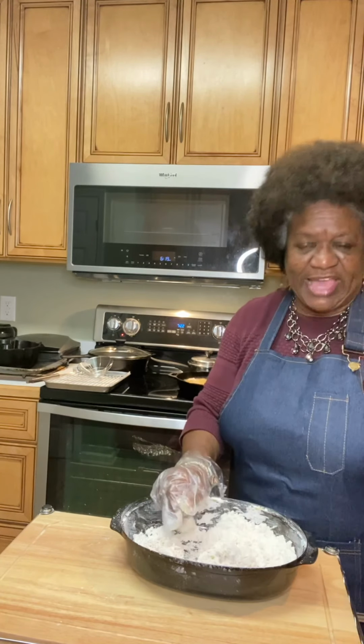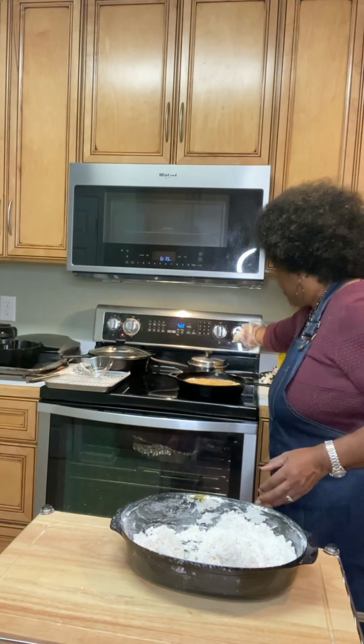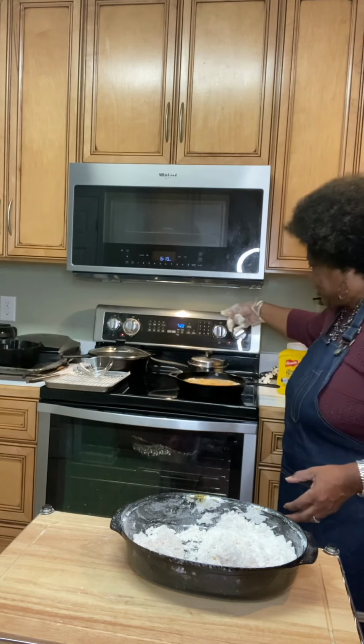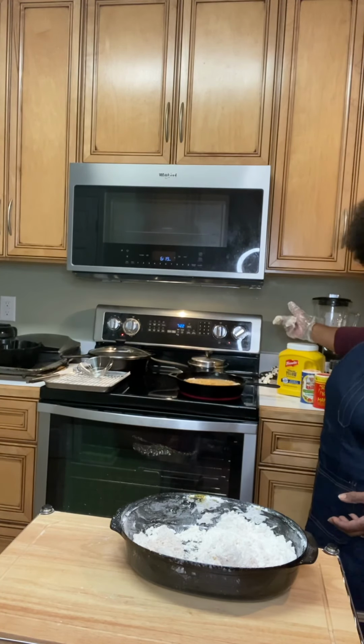And I can't tell you how much I use. It just depends on how much you have to fry. I have my skillet right here, my cast iron skillet. I dipped my chicken tenders in the